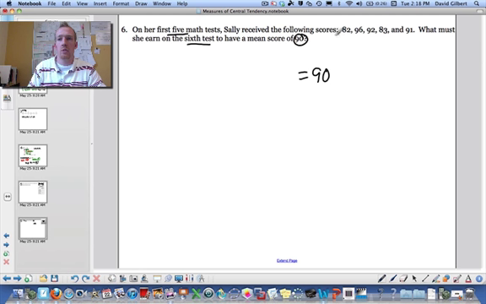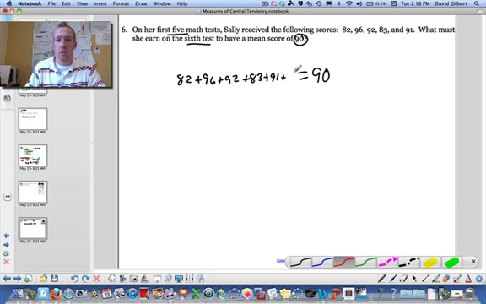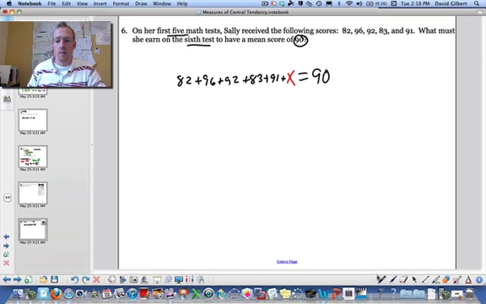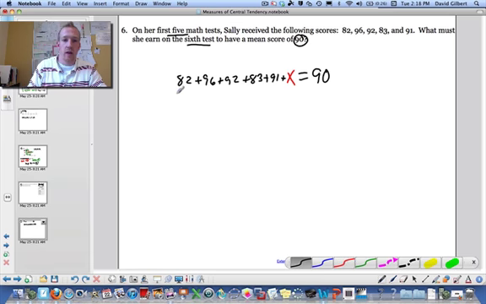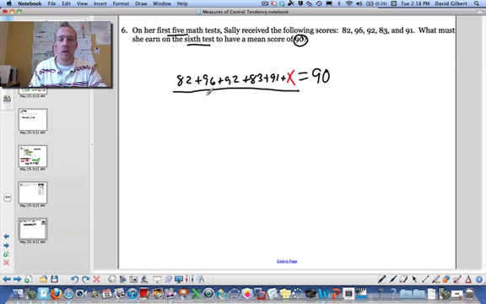How do we get our average? Well, we add up all the numbers. So 82 plus 96 plus 92 plus 83 plus 91 plus what? Well, we don't know what she got on the sixth one. That's what we're trying to figure out. And then how many do we divide by? Well, it's 6 tests total. So divided by a 6. So now we can add all those numbers together, and that gives us 444 plus x over 6 equals